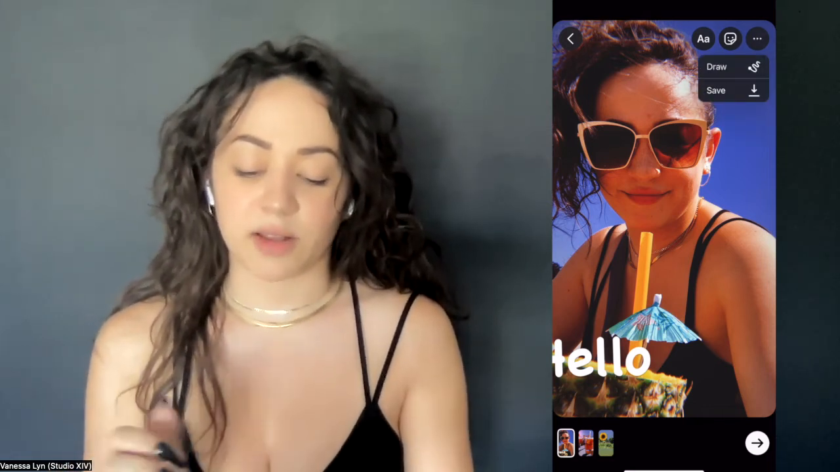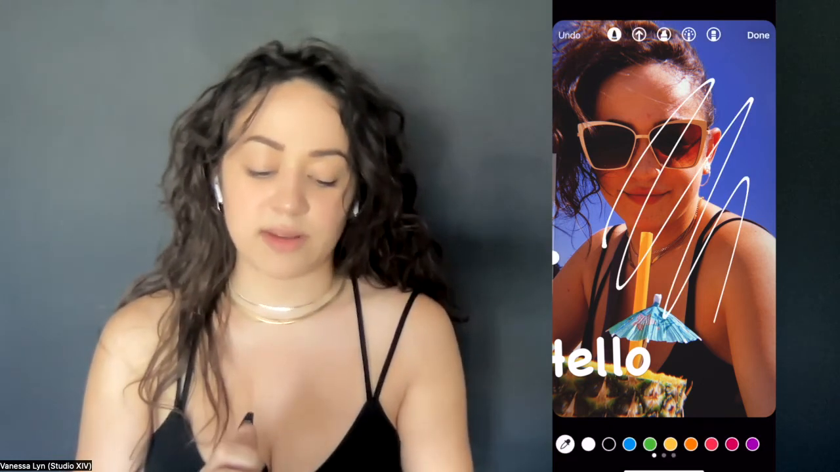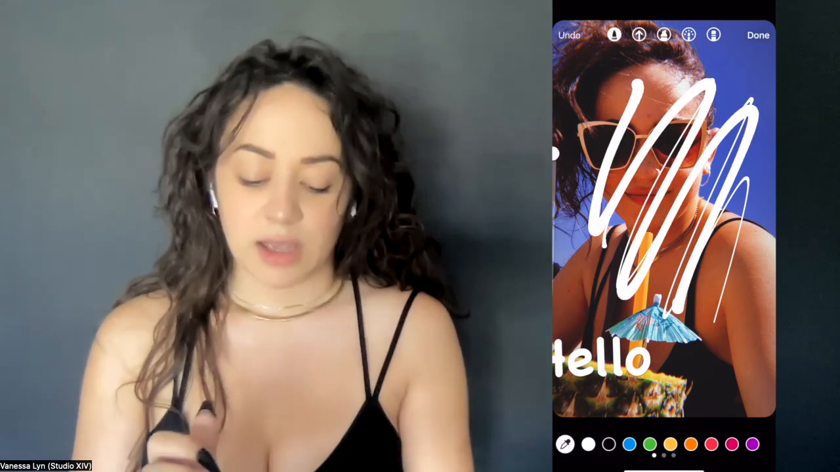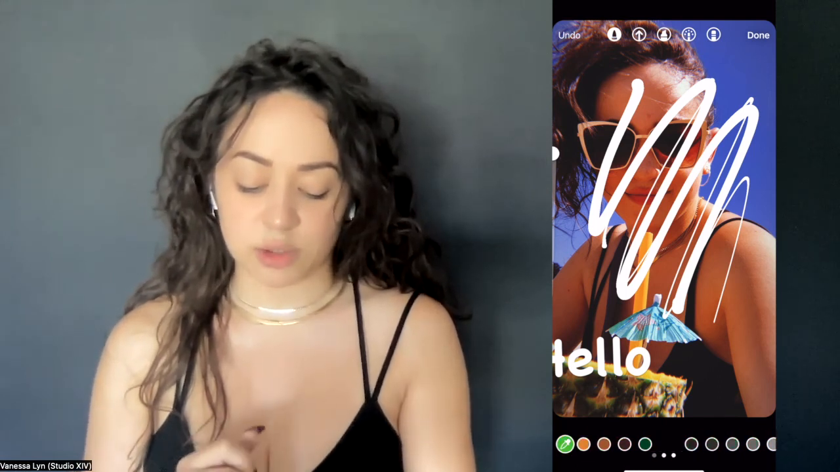All right. And then you can also draw. So if you tap on those three dots, you can draw. There's lots of options here. You can increase the size of your marker on the left-hand side. You can change the color, just like I showed you with the text. You can tap anything, swipe over,